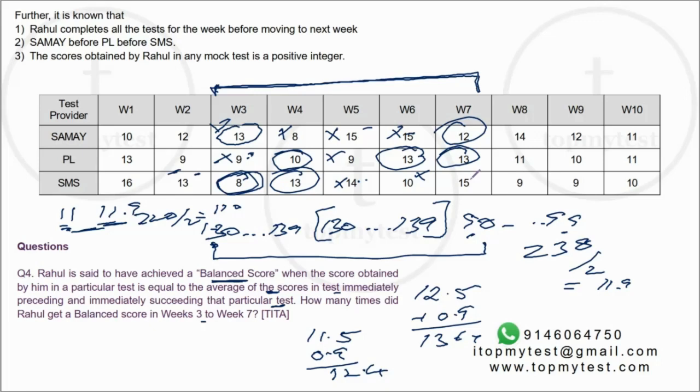13 and 14. Can it result in 15? No. So between week 3 and week 7, you have 1, 2, 3, 4. Okay, this was not the case, right? 1, 2, 3, 4, 5, 6. 6 times it is there. Again, I am illustrating it. It takes longer in an exam situation. It probably should take you about 2 minutes to solve this one.